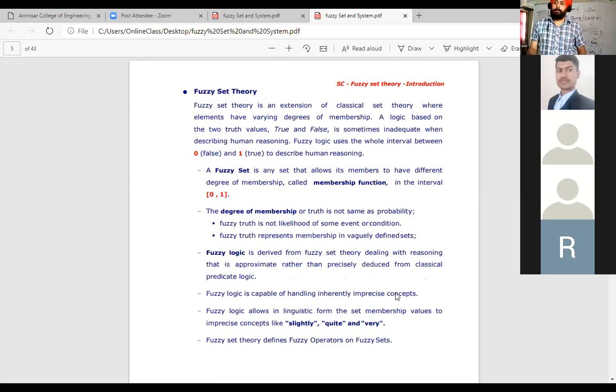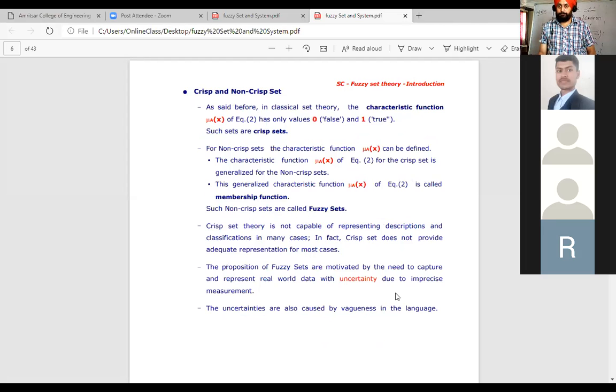But in a fuzzy set theory, the membership is given with the help of a membership function, where along with the member, we also attach the degree of membership, and that degree is between 0 and 1. So the classical set theory, which was done earlier, is known as the crisp set because we have the crisp value, either 0 or 1. We are very sure that this is a member of your set or this is not a member of your set. But here we are not so sure. We only have the degree of membership in a fuzzy set. Therefore, it is known as non-crisp.